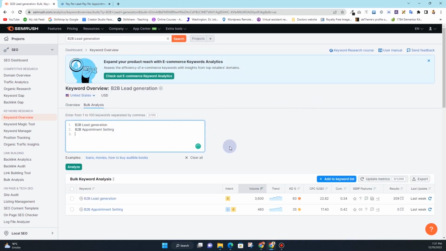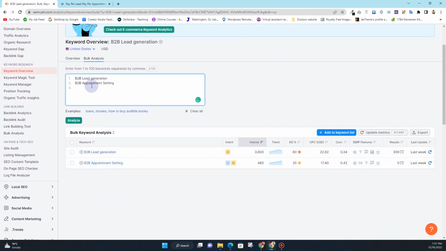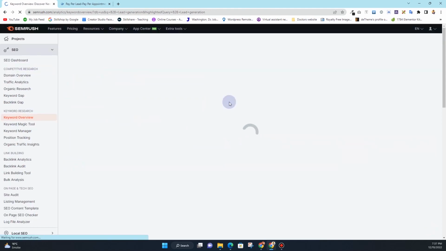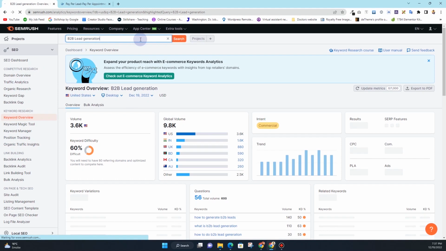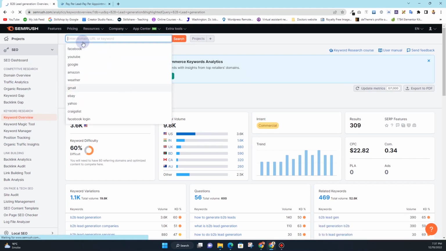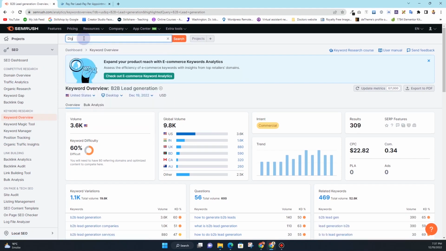Once you click on search, you will see this option here. These are keywords that don't have a lot of traffic, so you will see just a few keywords in here, and as you can see, it only shows me B2B lead generation and B2B appointment setting. But if I go back to the keyword research option and search for a different keyword, for example, instead of B2B lead generation, if I search for digital marketing,